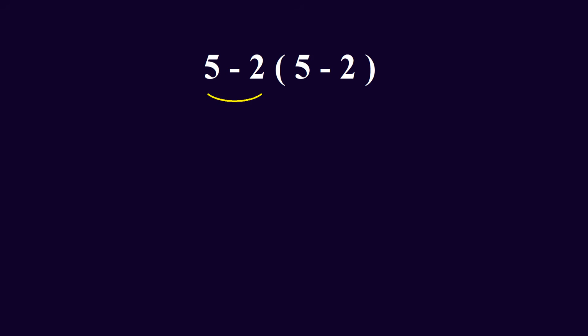(5 - 2) = 3, times (5 - 2) = 3. Now we have this problem. 3 times 3, which equals 9. But this answer is not correct, because according to the order of operations, we have to work on the parentheses